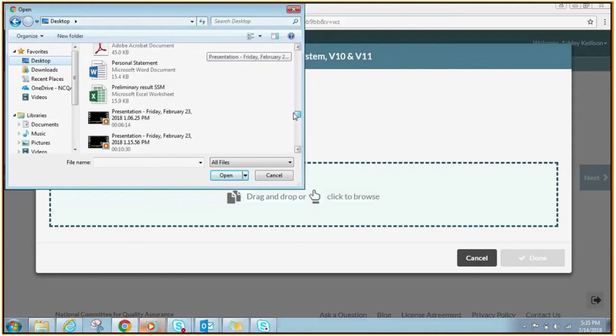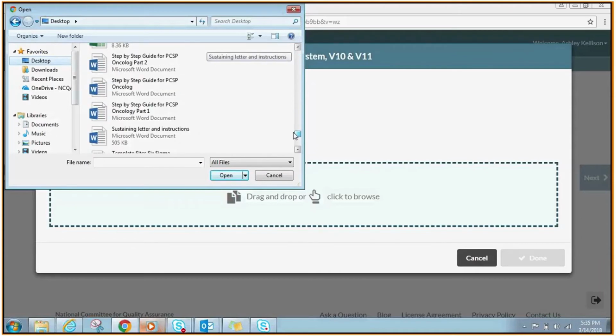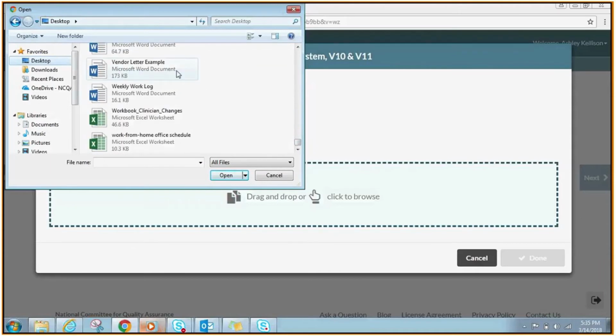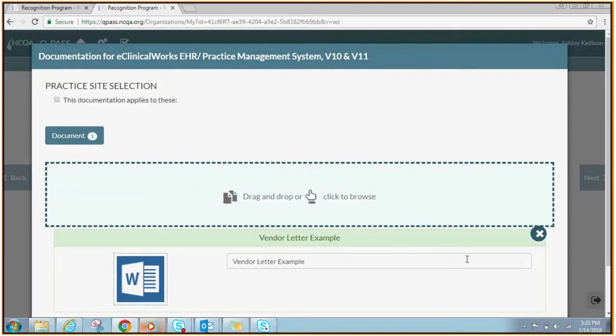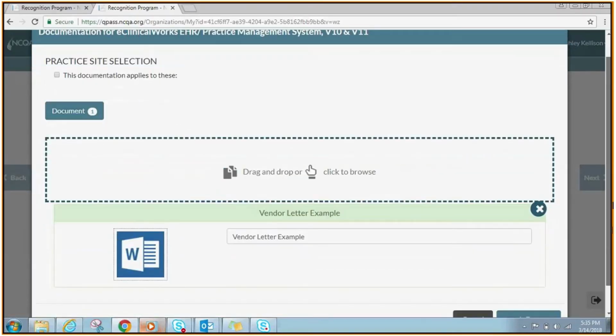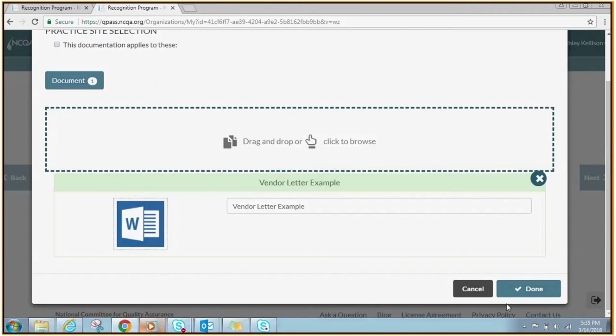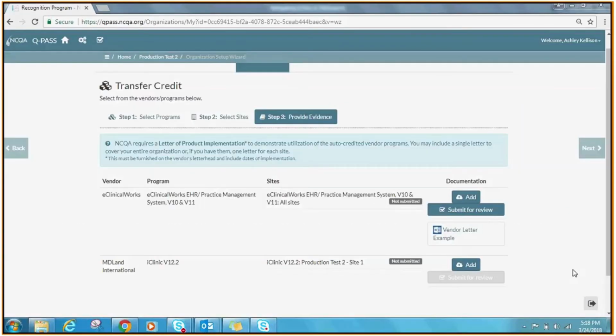From there, you would just go to the vendor letter, and you can double click or drag it in. Once the letter is attached, you can then click on Done. If you need to unattach the letter, you can simply remove it by clicking on the X button and then hit Yes. When the letter is in the system, make sure you click on the button that reads Submit for